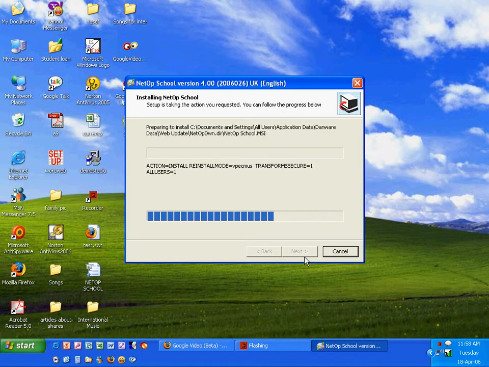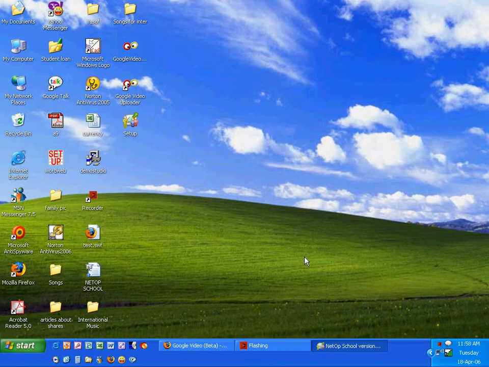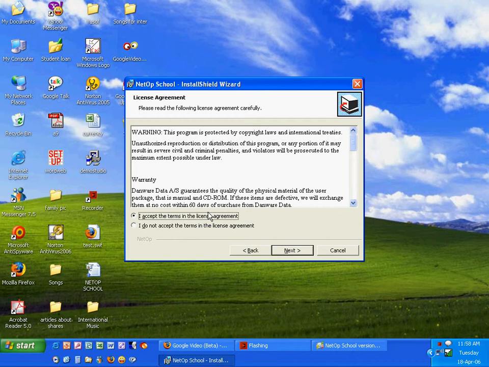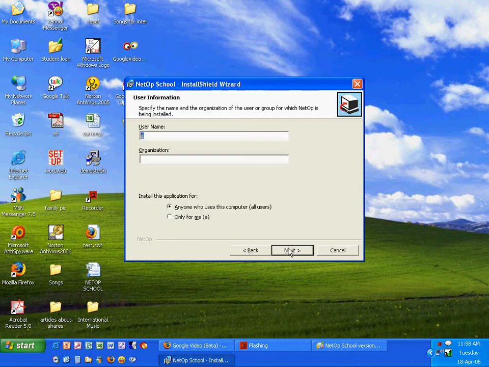Now it is installing Netop. Log on the installation. Next, I accept the agreement. User name, it could be your name and your organization. I'm at home right now, so I don't have to put anything. Next,